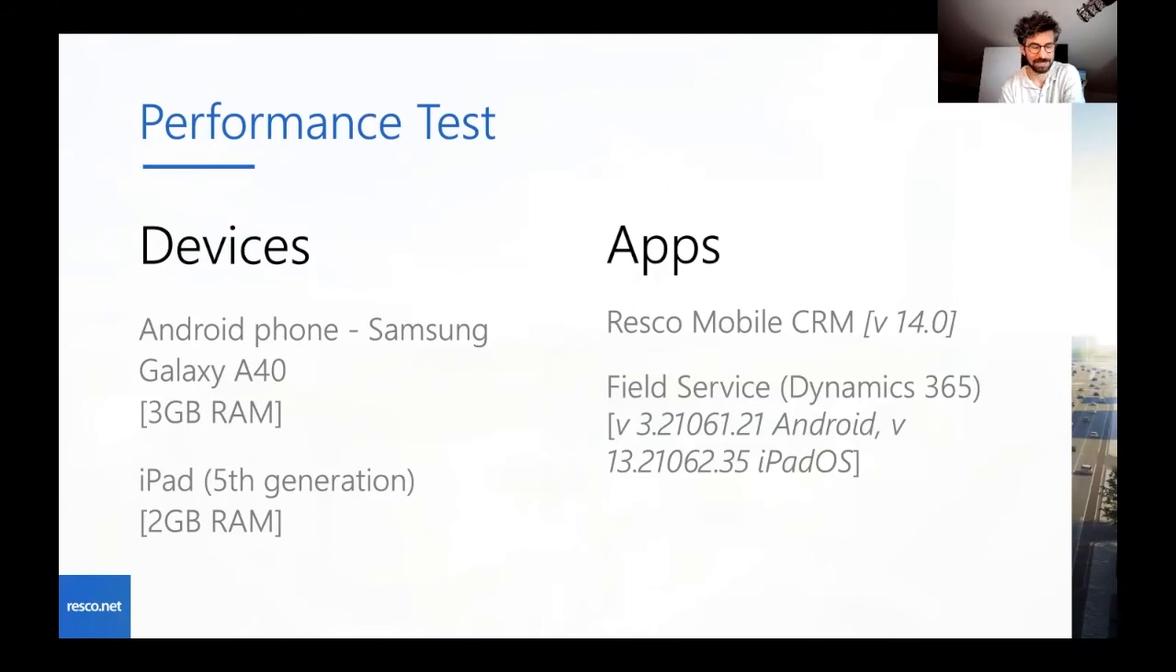And again, this is not a scientific lab test, it's the best we could do given our resources and time. What we did, we chose two devices, Android phone. It was a Samsung Galaxy A40 with 3 gigabytes of RAM, an iPad, the 5th generation with 2 gigabytes of RAM. We loaded both devices with two applications, Resco Mobile CRM version 14.0 and Field Service Dynamics 365 version 3.21,